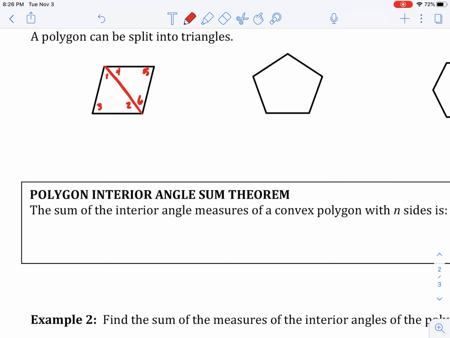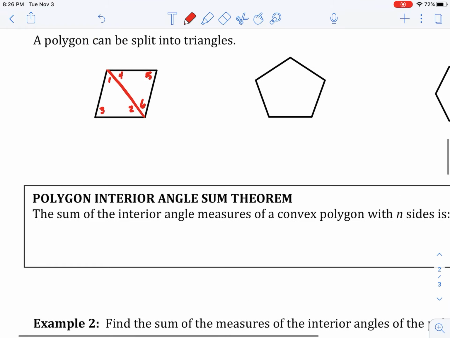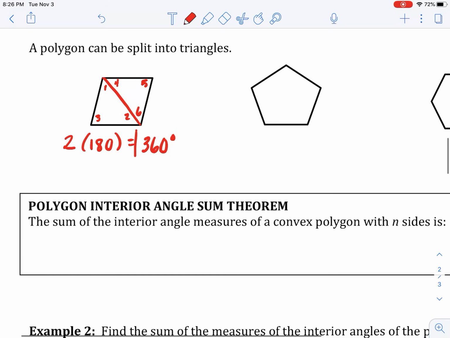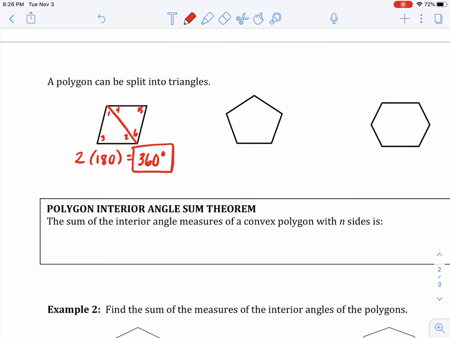angles of the polygon. And so I know that I just split that quadrilateral into 2 triangles, right? So 2 triangles times 180 degrees gives me 360 degrees. I know that I have 2 triangles happening inside there. Each triangle is 180 degrees, so a quadrilateral has 360 degrees in the interior. All right, let's try it again. Let's try it with